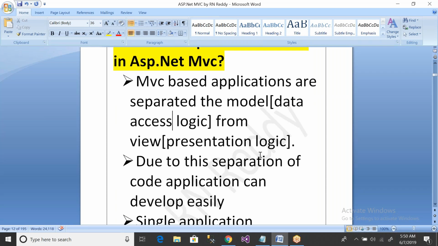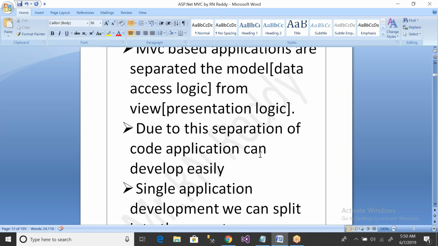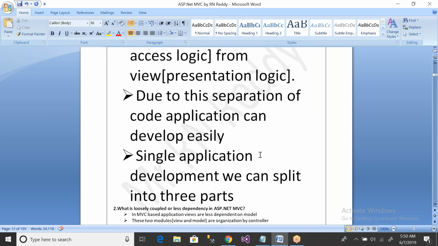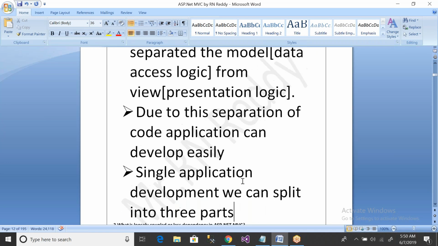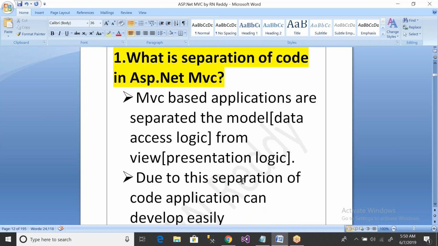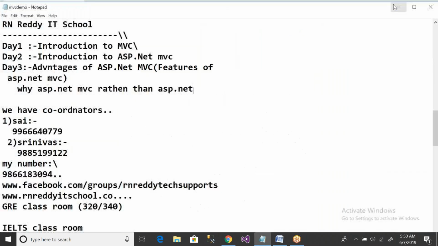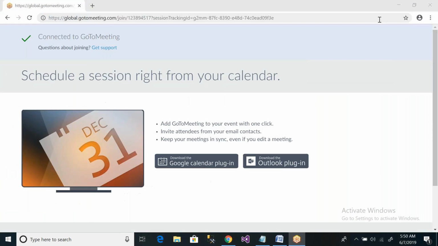Due to this separation of code, the application can be developed easily, because a team can work on the model, another team can work on the view, and single application development can be split into 3 parts. This is called separation of code. Finally, we can say in MVC, separation of code means application development will be divided into how many parts, guys?